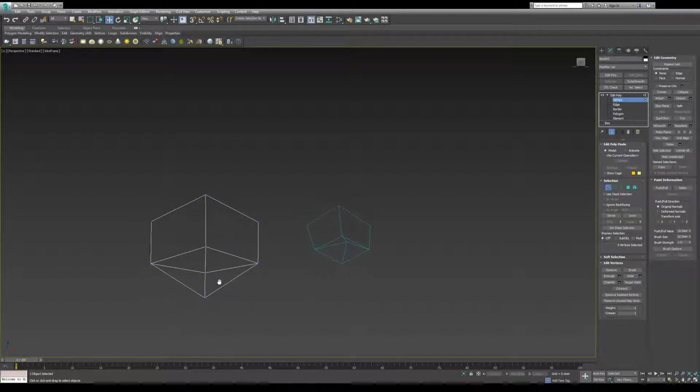Now, looking at this, I have what looks to be 3 vertices selected. And that's not necessarily the case, because there are sometimes vertices that can be on top of one another. It doesn't look like it, but they're taking the same exact spot, and it's impossible to tell